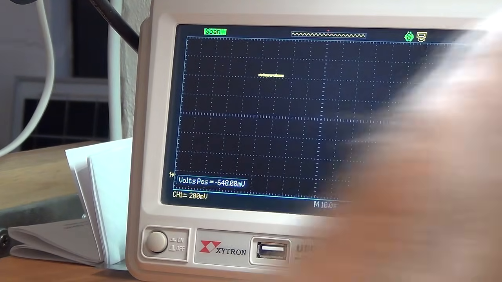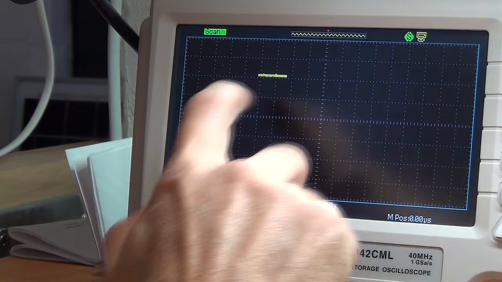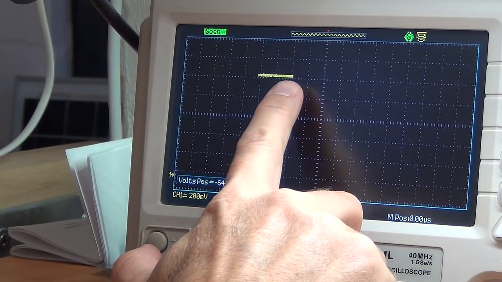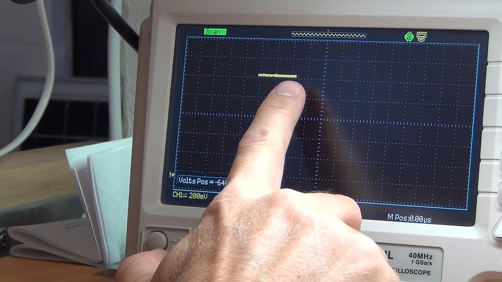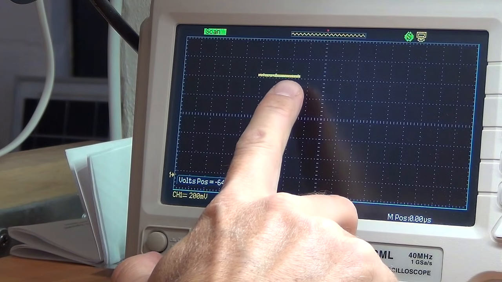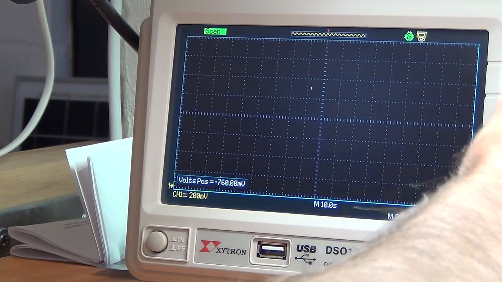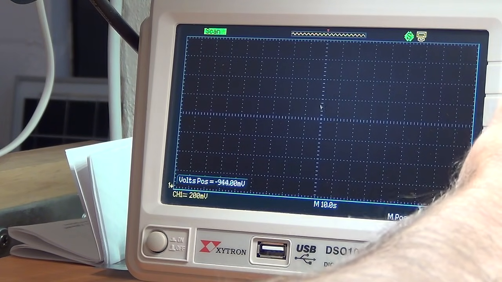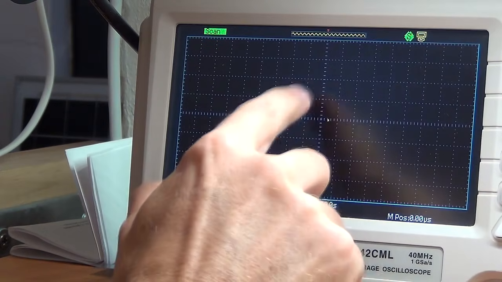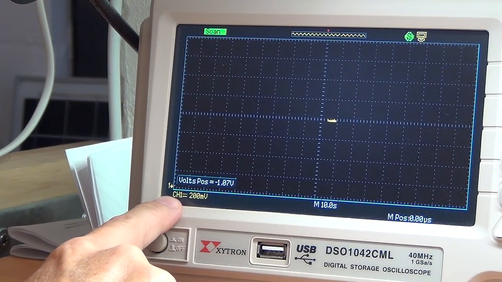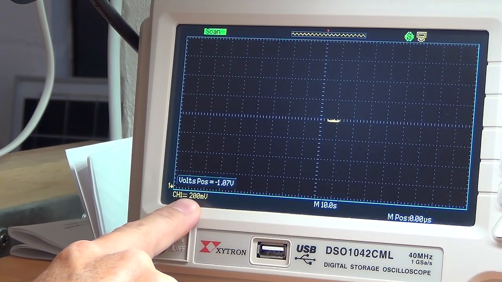Okay, so I've removed some of that charge from the capacitor, and as you can see I've got the trace representing the current voltage level in the capacitor, and that's sitting a little bit high, so I'm going to adjust it down so that I get it to the center line, so I've got more room for movement as it charges up. And as you can see, I've adjusted the volts per division to 200 millivolts this time,